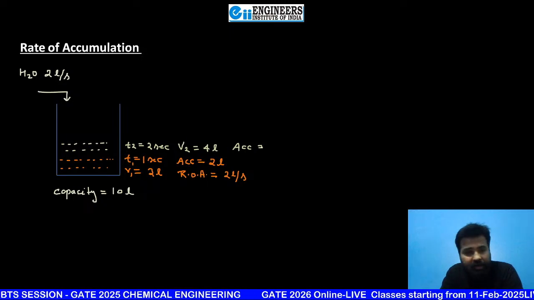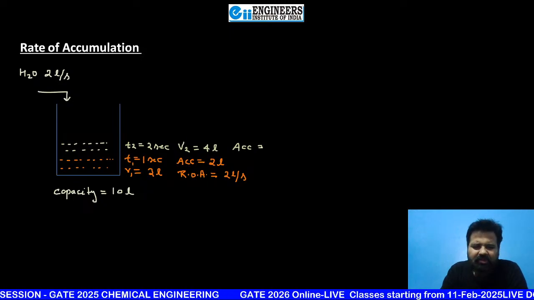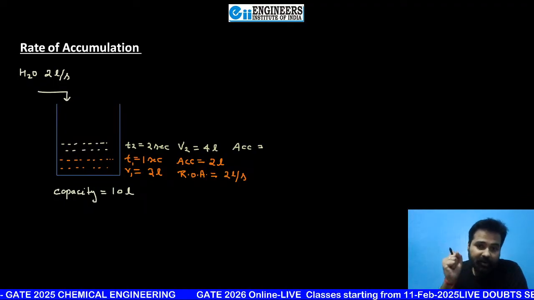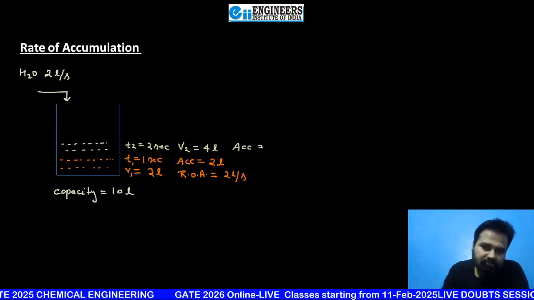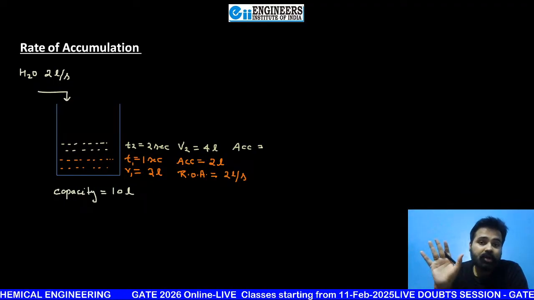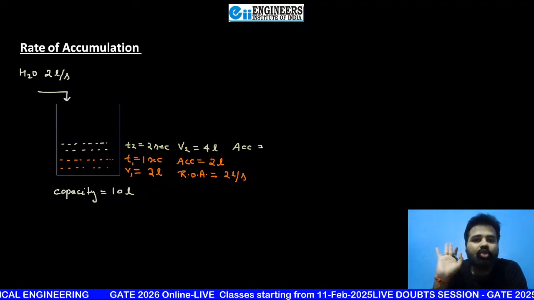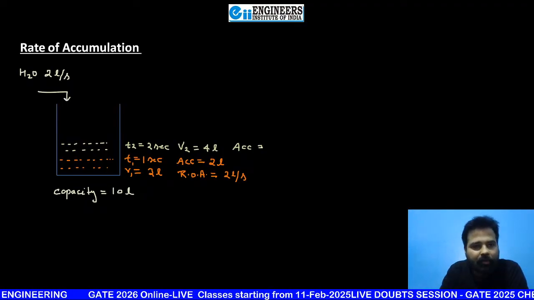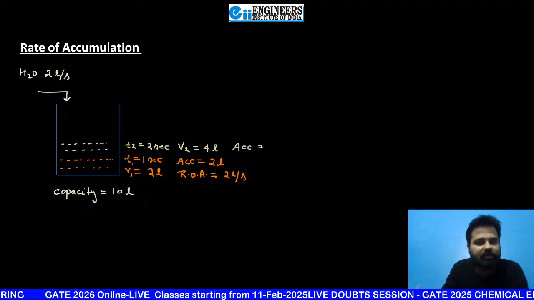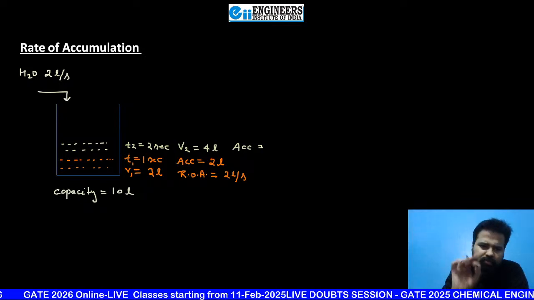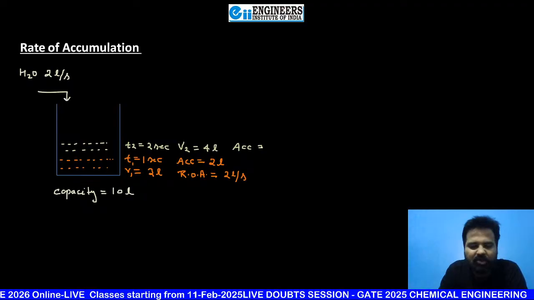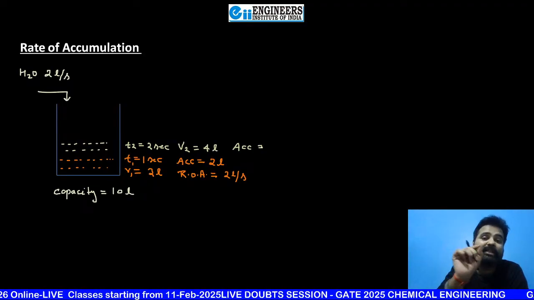Lots of students and lots of persons, including faculties, feel that the subject process calculation is very hard, beta. But actually, this subject is very easy. You can ask me any problem from any book, even out of syllabus questions, and I will solve in a similar manner. Because balance means balance. Nothing in syllabus, nothing out of syllabus. If anywhere balance is there, that means balance is balance. So the subject is very easy. If you focus on fundamentals, then you will be able to solve big numericals in less than 1 minute.